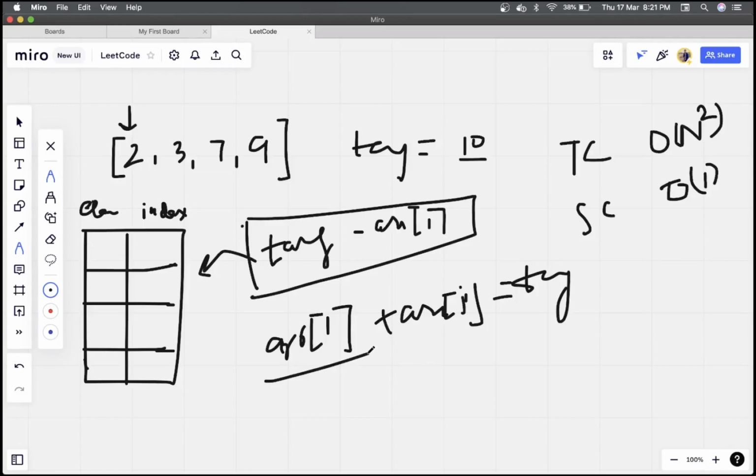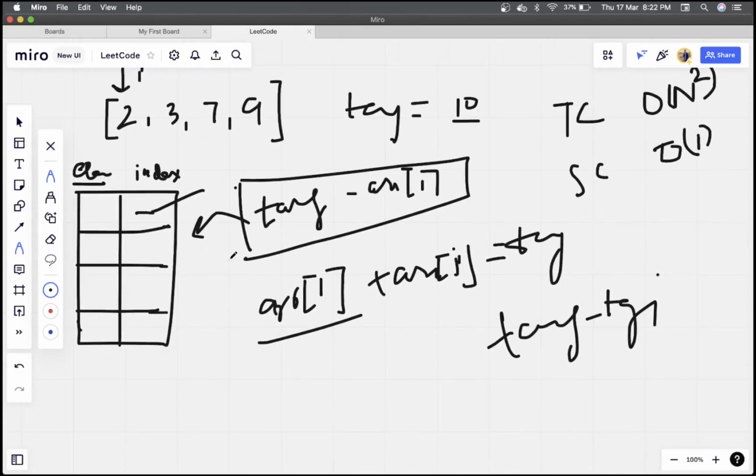We are at the ith index, and we also find target minus array of i, right? If it is present, it means we got the pair. So what we do is we just return i, and the second index we get from its element, from target minus array of i. We return i and this index.